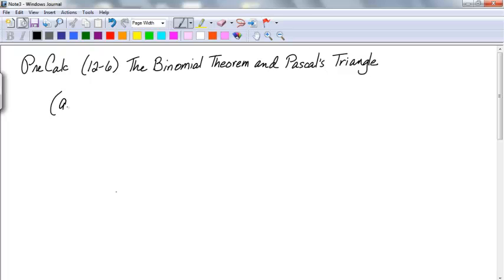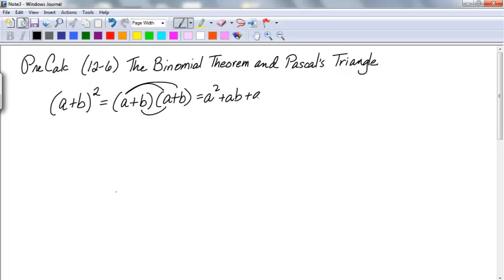Probably the highest expansion of a binomial that you've done so far is (a + b) to the second power. That's a binomial, two terms, squared. Okay, and you could FOIL that out, using first, outer, inner, last. You can multiply this out, get a squared plus ab plus ab plus b squared, which will simplify to a squared, 1ab plus 1ab is 2ab,